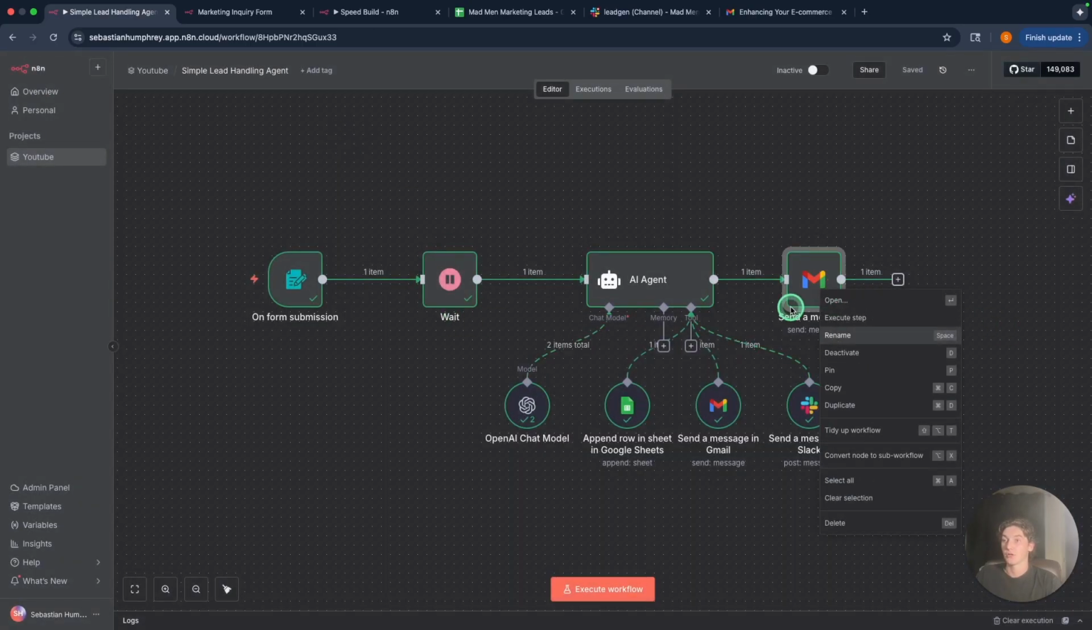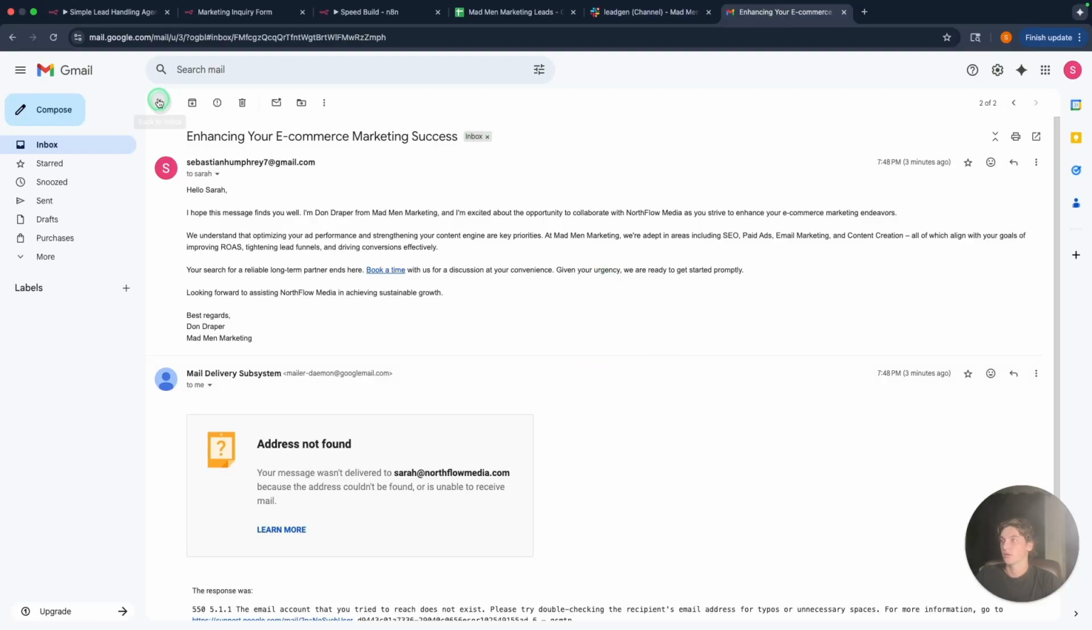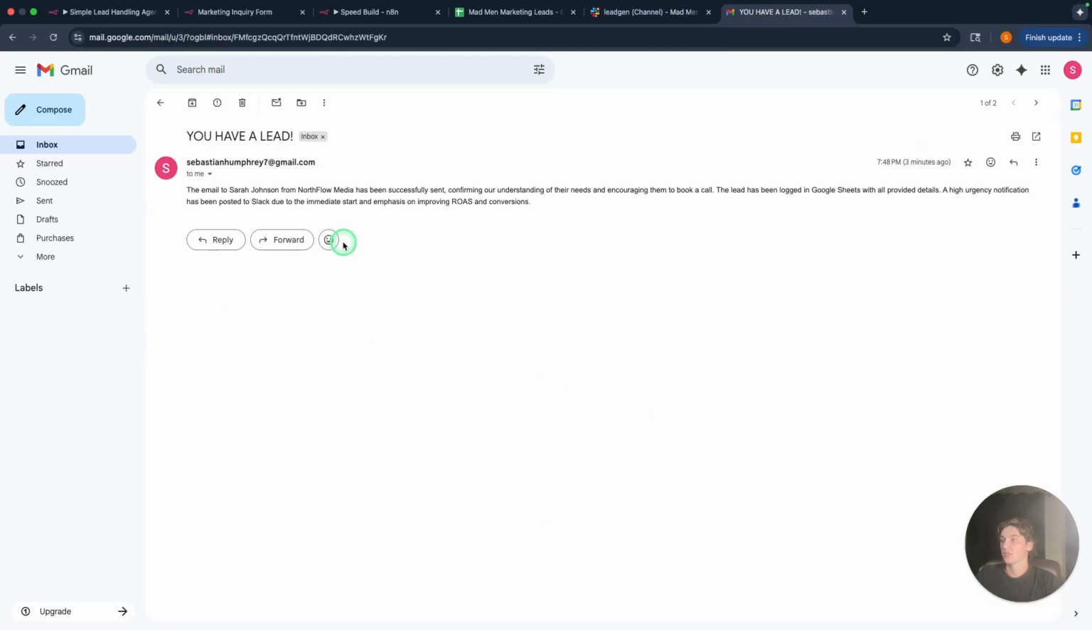But then we also want to make sure that we get the message over here confirming we have a lead. So this is just basically saying you have a lead, letting us know in email as well as Slack, and telling us what the agent did right here. The email to Sarah Johnson from Northflow Media has been successfully sent,